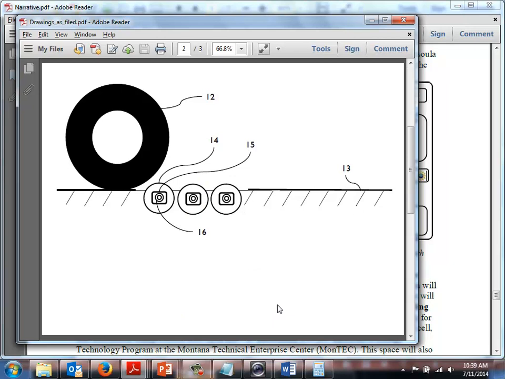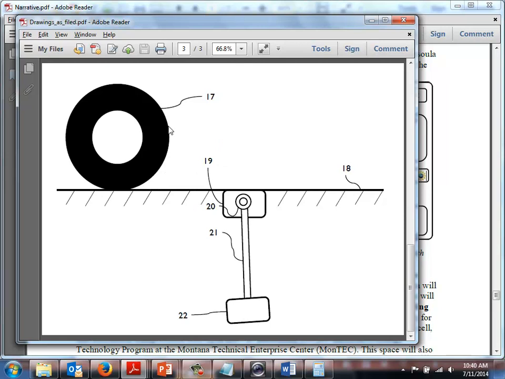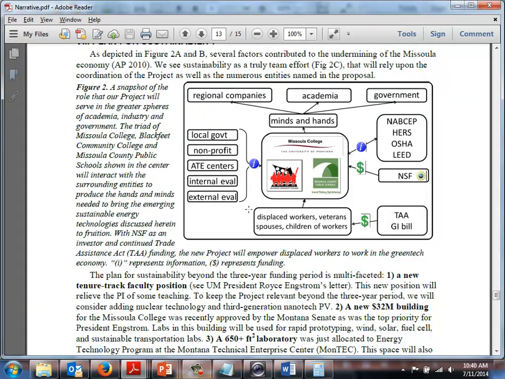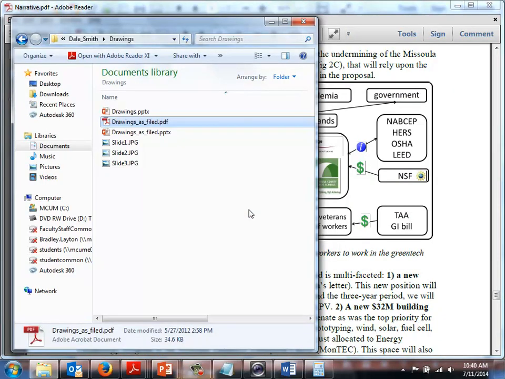Another one, instead of having a ramp, you've got rollers. So if the tire is braking, there are individual generators and a series of rollers that then turn that into electrical energy. Then another one we came up with is just you've got a car. Obviously, typically it's made of some ferrous material, iron, and you've got some kind of magnet down here that just swings back as the vehicle runs over it, and you make electricity that way. So there's an example of